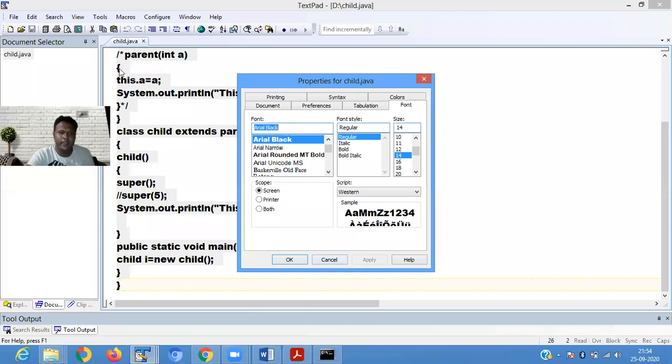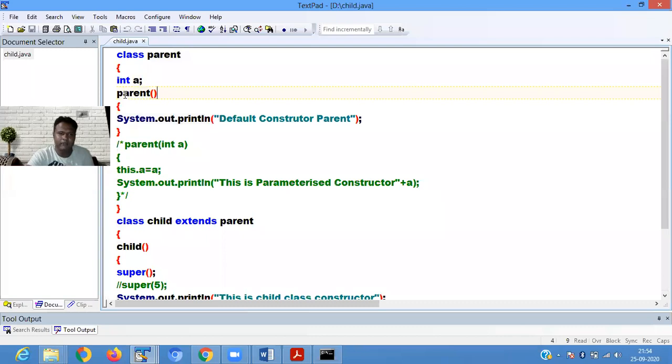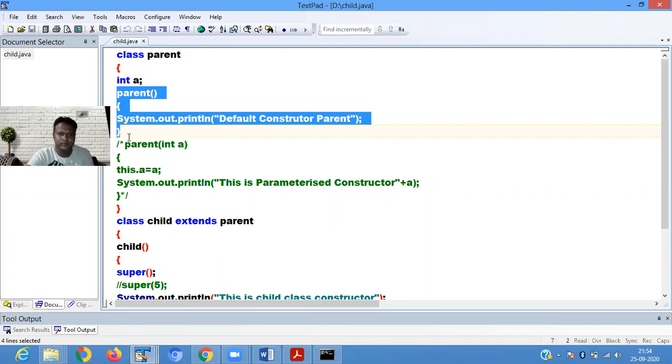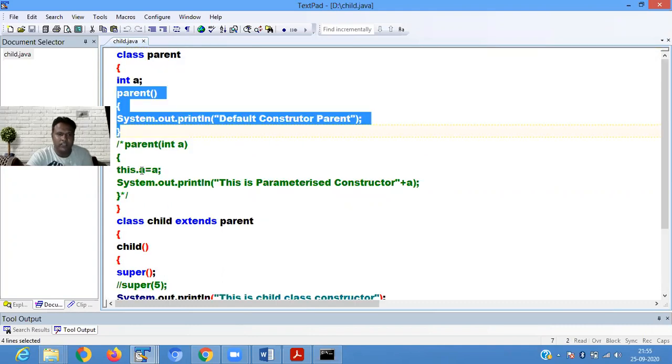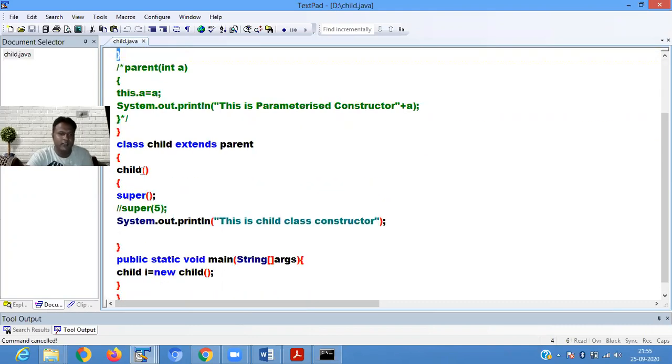We're defining a class Parent with int a, then we're defining a parent class constructor. Next we define a child class, Child extends Parent, then the child class constructor. If you want to call the parent class constructor in the child class, let's see. Here the child class constructor is present, and the class name and constructor name are the same. In the child class constructor, here we are using the super method.